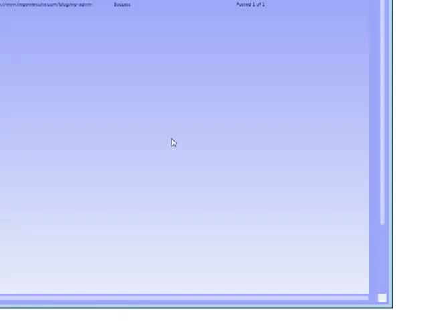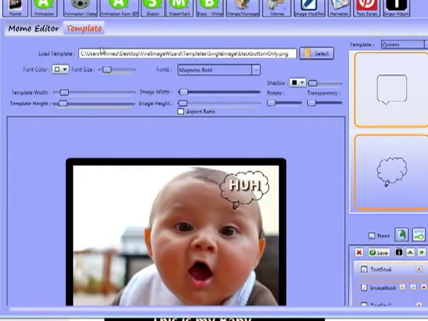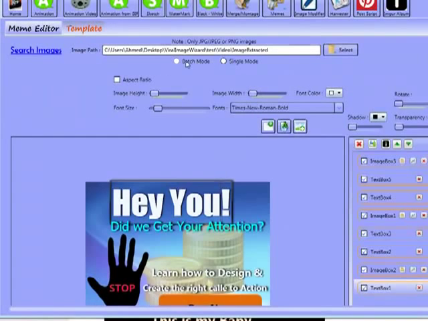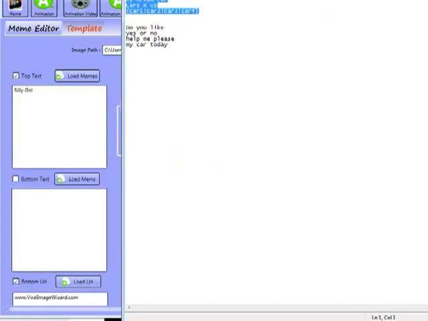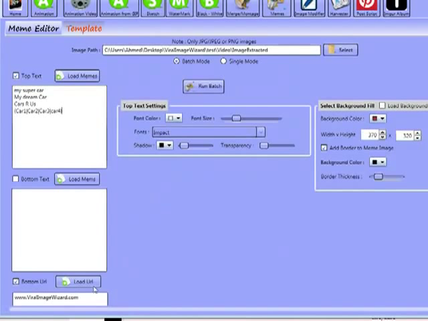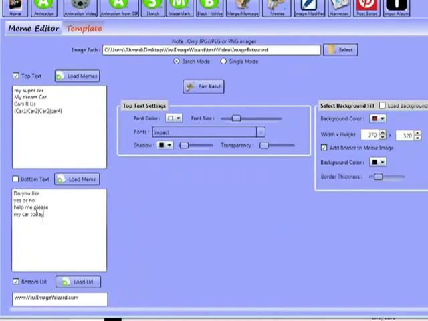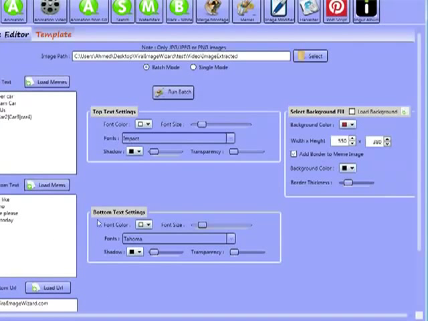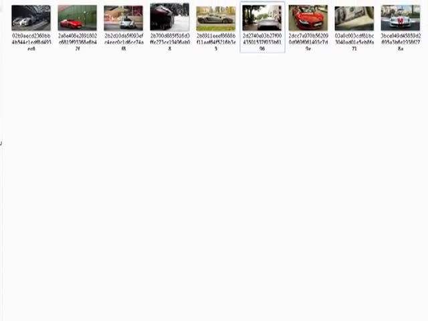Okay, so I want to push forwards and show you some other methods as well. Looking at this meme here, guys, we'll come back to that in a moment. What I'll show you though is how to batch process memes. I've got some text here. Let me enter some text towards the top here, and some towards the bottom as well, and I'll activate this. Okay, so I've set everything up here. As you can see, I've got a folder of images. I'm going to import them into here,